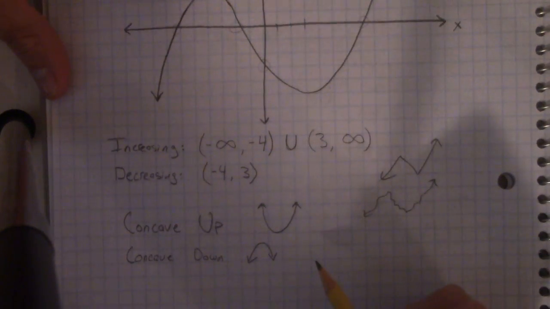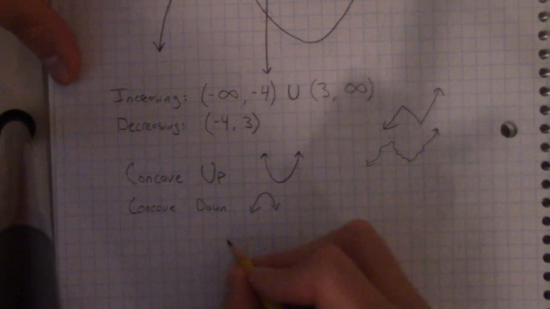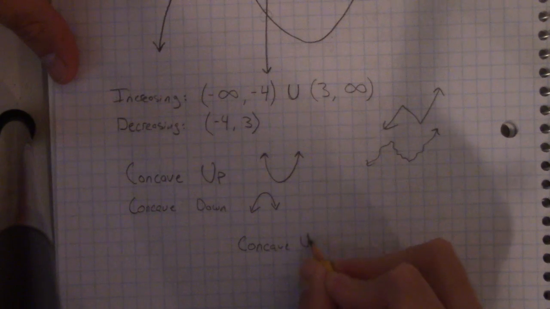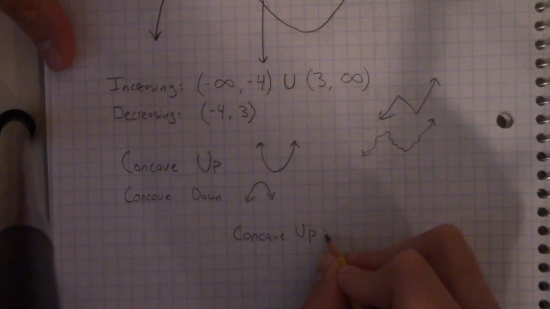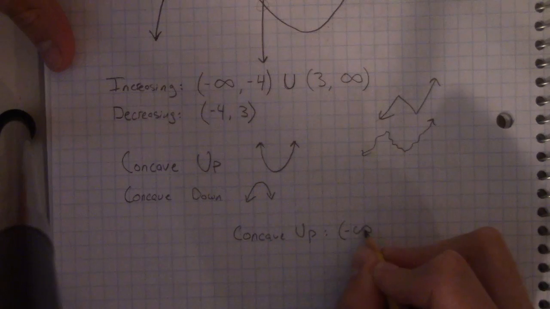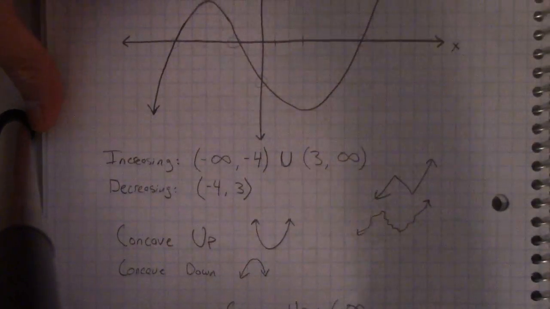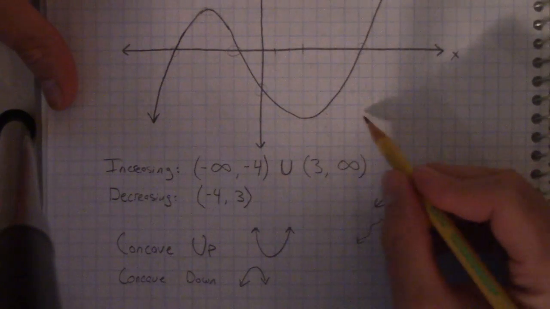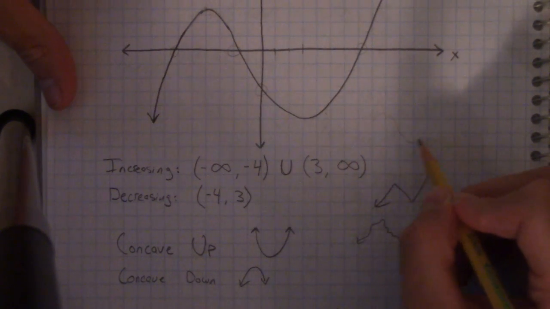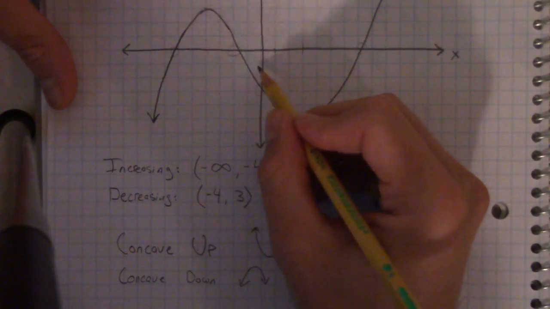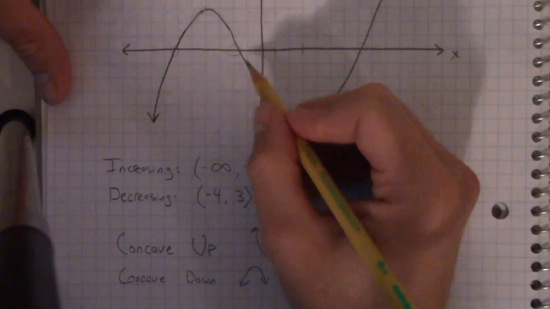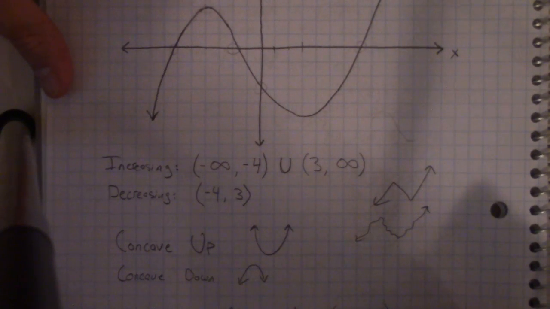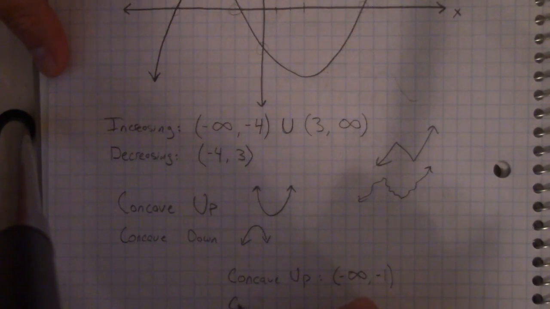So if we were to explain to our partner again where it's concave up, we would give another interval. So concave up, and we would say something like negative infinity all the way to, and it would be really the midway point between these two is when it would switch. It would go from being this way to curving the other way. So it'd be right in the middle. And I'm going to go ahead and estimate that. When you have other graphs, you'll be able to see. So -1 all the way to about -1. And then for concave down,